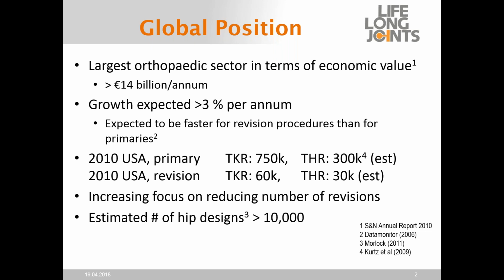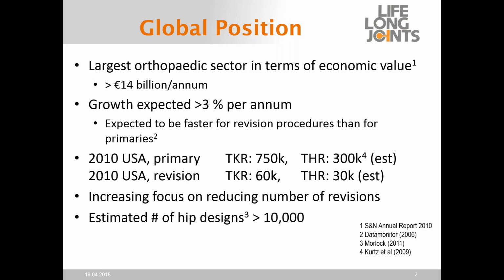The growth is expected to be about 3% per annum, but it's expected to be faster in growth for revision procedures than for primaries, and this is largely driven by the changes in the age demographics. So where patients are living longer, we're putting these particular components into patients at a younger age. So we run the risk